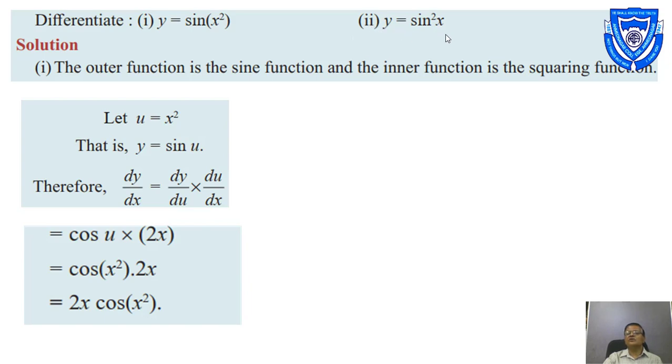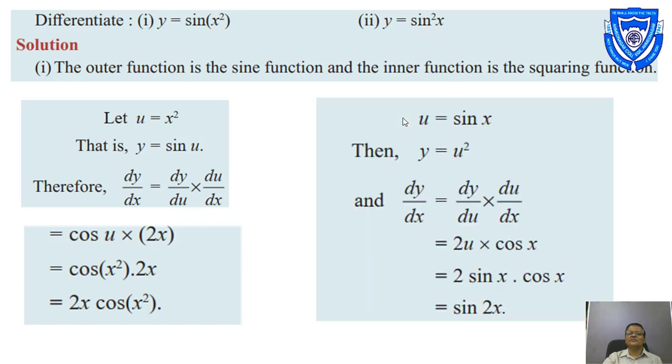The second problem is very much similar, but here the inner function is the sine function and the outer function is the squaring function. So we consider this as u square. We treat this as u square. y is equal to u square, where our u is sine x. In the previous problem it was sine u, and in this second problem y is equal to u square. Derivative of u square is 2u and derivative of sine x is cos x. So the final answer is 2u, where u means sine x: 2 sine x into cos x. If you know the trigonometric formula for 2 sine x into cos x, you can simplify your answer, but it is not necessary to simplify.